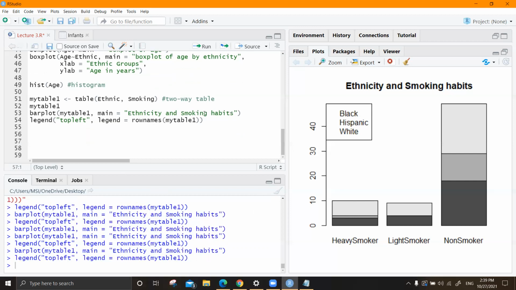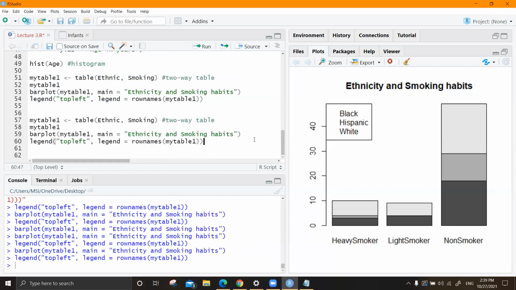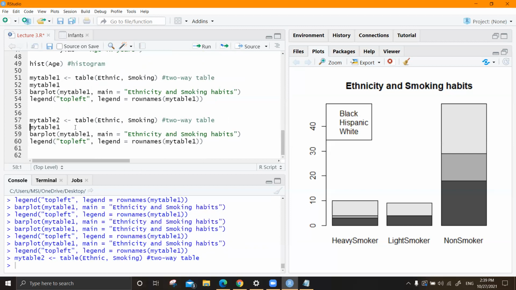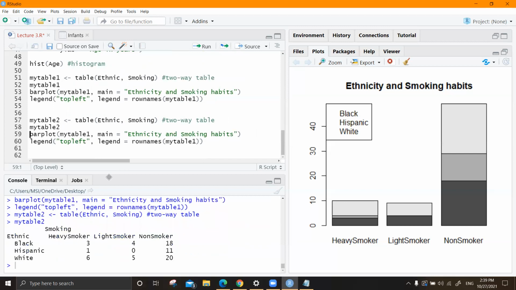I'll handle it separately. I'll take it as another table. I'm going to teach you transpose, okay? So I'll name this as 2, okay? Same thing. So I have rows as ethnic, columns as heavy, light, and so smoking habits as columns.